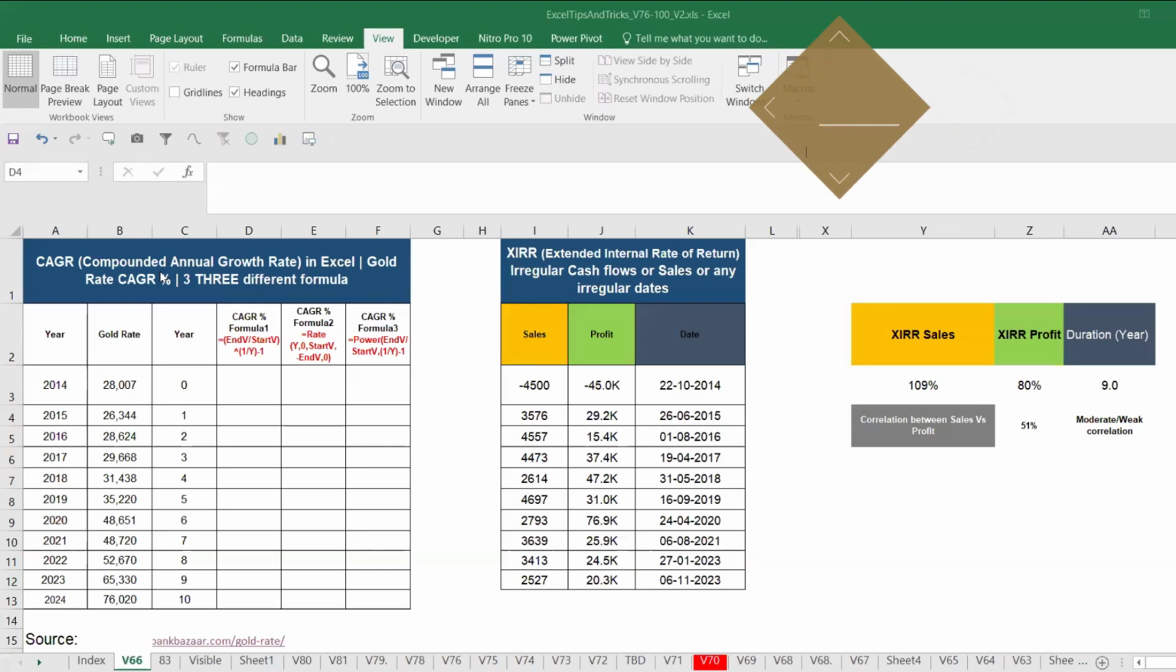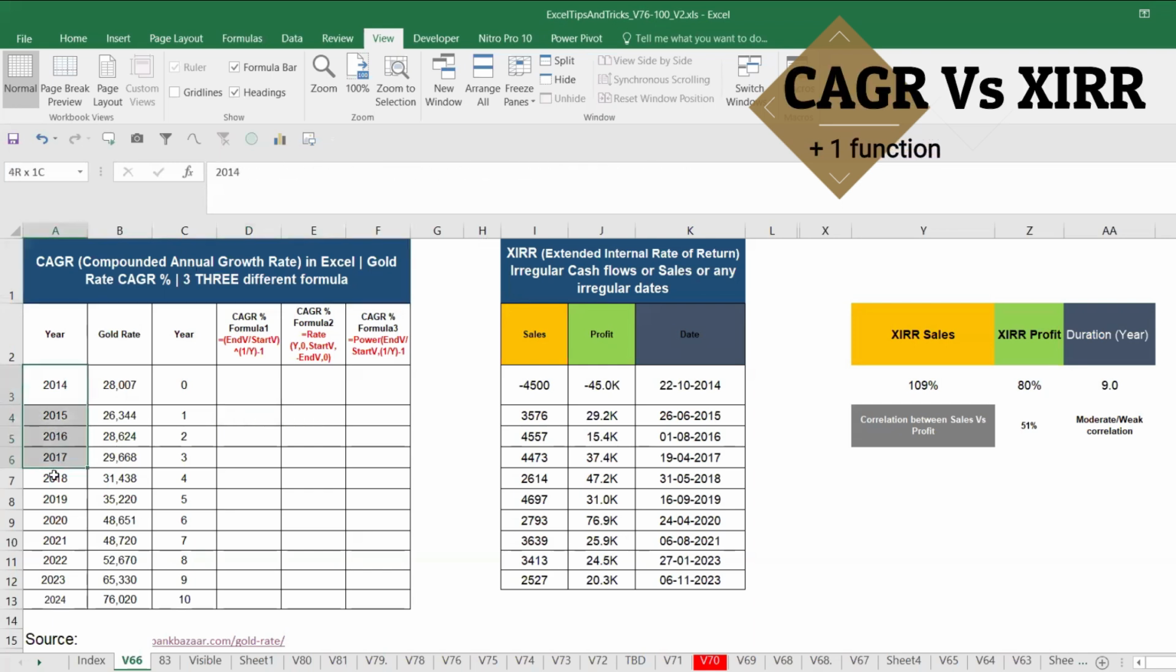We are going to learn CAGR, compound annual growth rate, versus XIRR, extended internal rate of return. In short, CAGR can handle values which have constant years. For example, 2014, 2015, and so on, whether it's a calendar year or fiscal year, it can handle. On the other side, XIRR can handle irregular cash flows, which come from different dates,